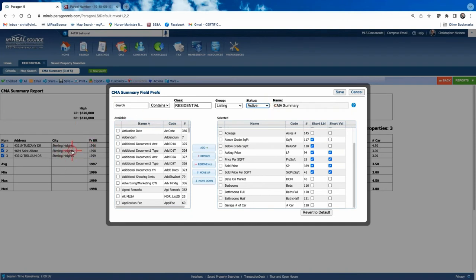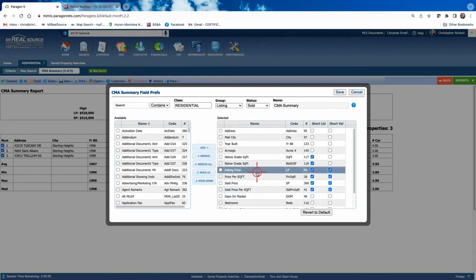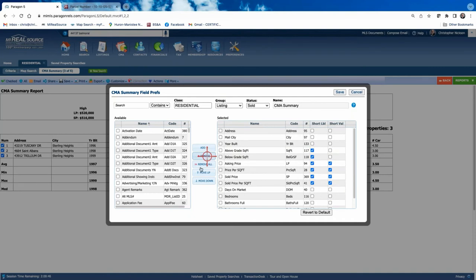Since I only have solds here, I'm going to go in and change my sold. Let's say I wanted to get rid of the acreage. For some reason, all the homes are the same. We don't need the acreage. If I click right here, highlight that box and click remove, it would remove it. If I wanted to add it back in,